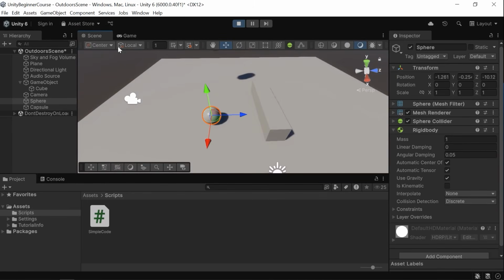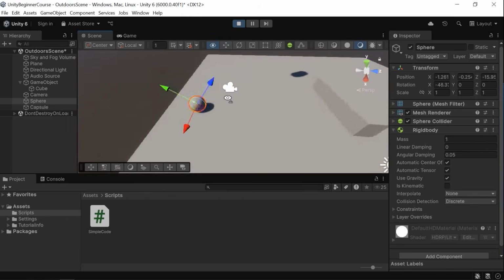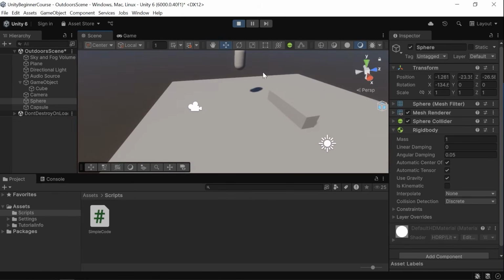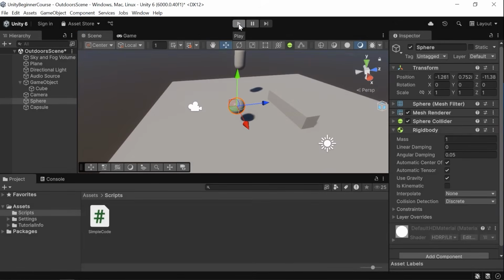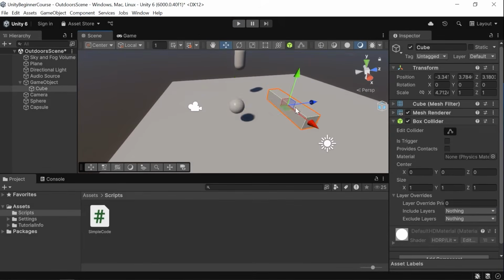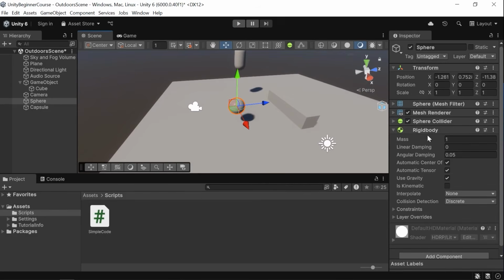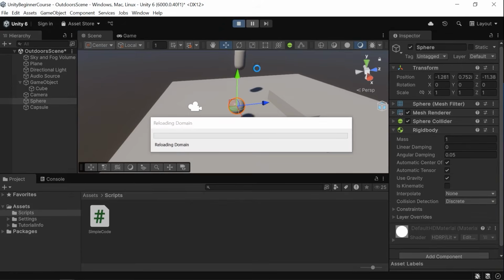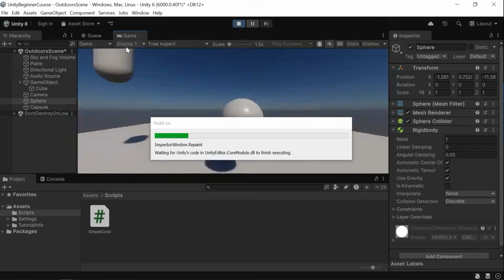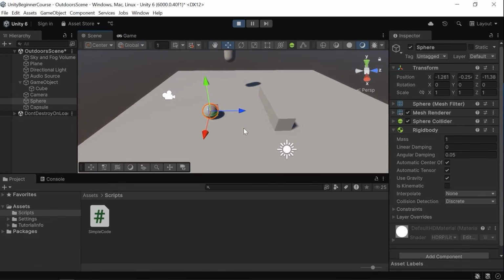If we move it manually in the scene view, as you can see, we have a collision and actually a pressure on the sphere, and the sphere couldn't go inside the cube because of the box collider, and it has a physics simulation. And as you can see, we have a force and a pressure on the sphere, and a collision has been applied. Let's select the global transformation, and here, as you can see, we have this effect,